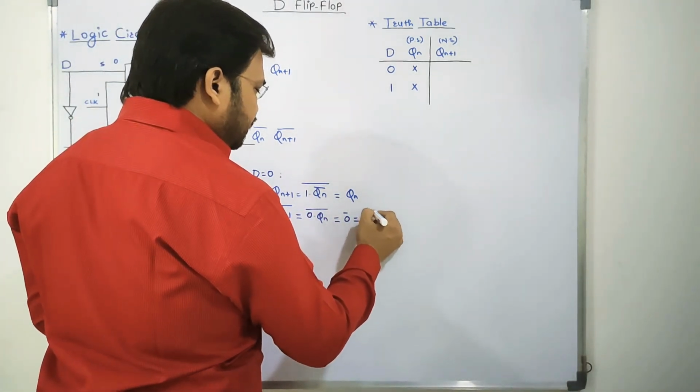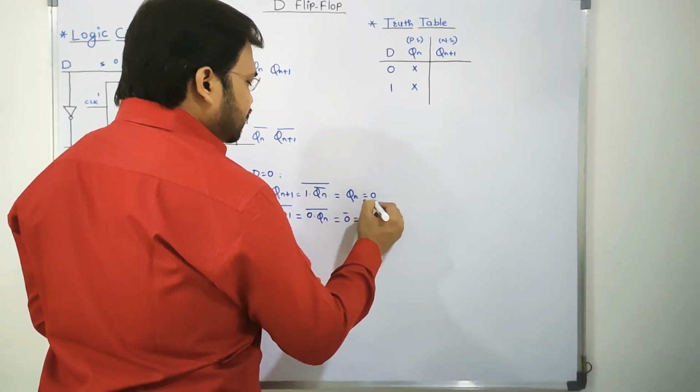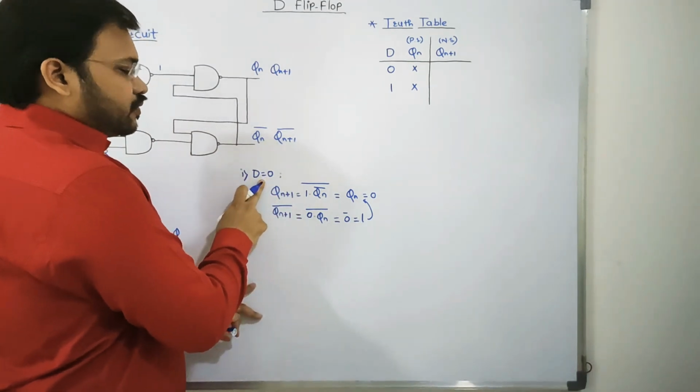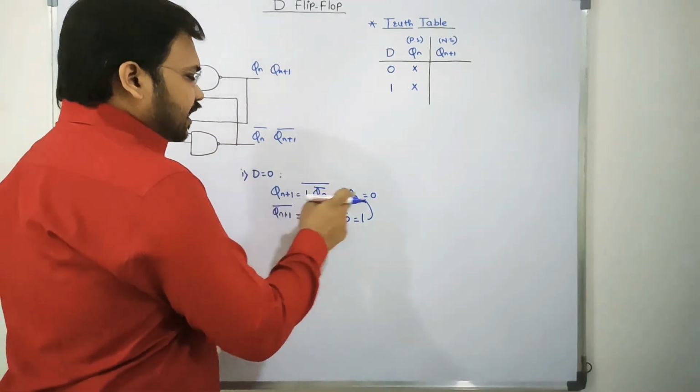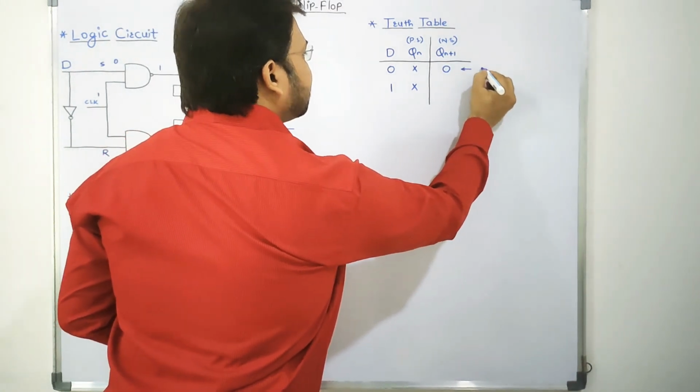So with reference to Qn plus 1, the value is 0. That's why Qn plus 1 for D equals 0 is 0,